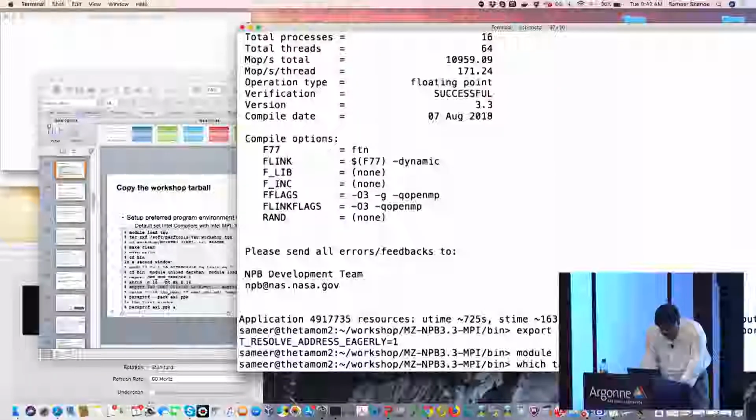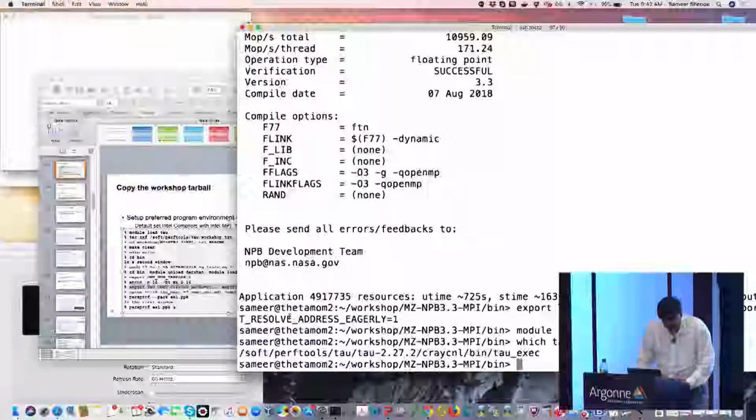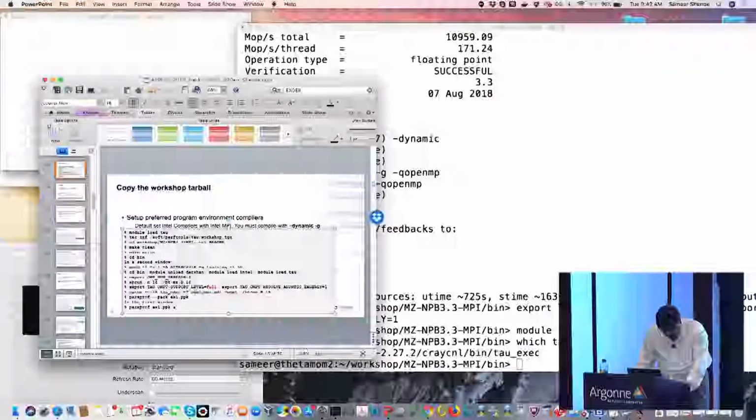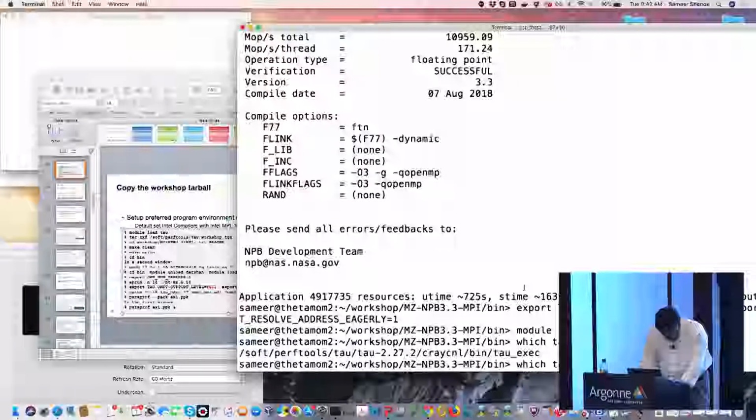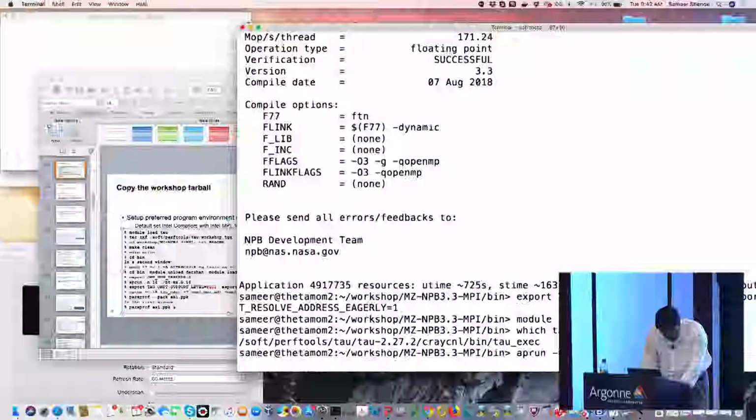So I get which tau_exec in my path. It's coming from here. And then, instead of running it like this,